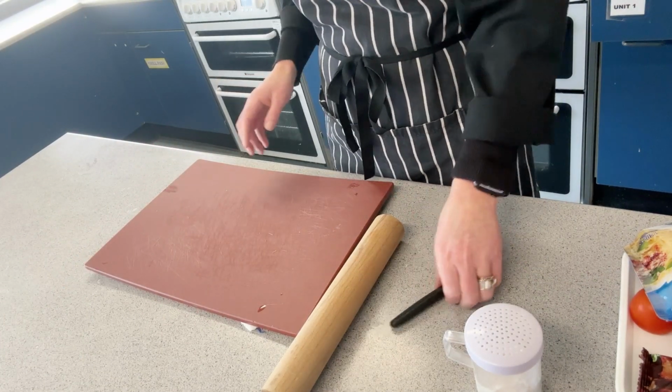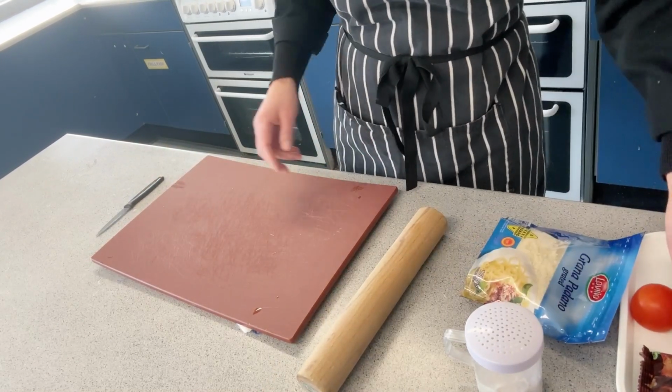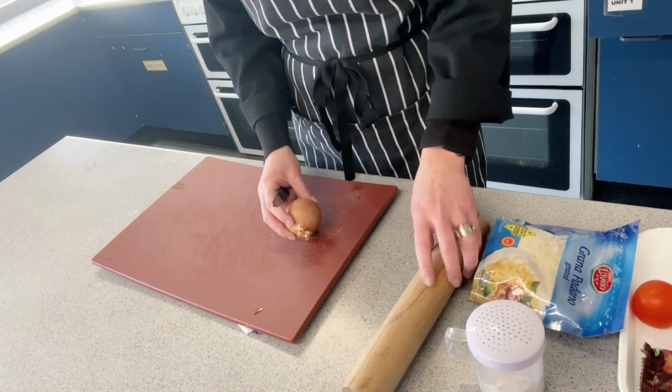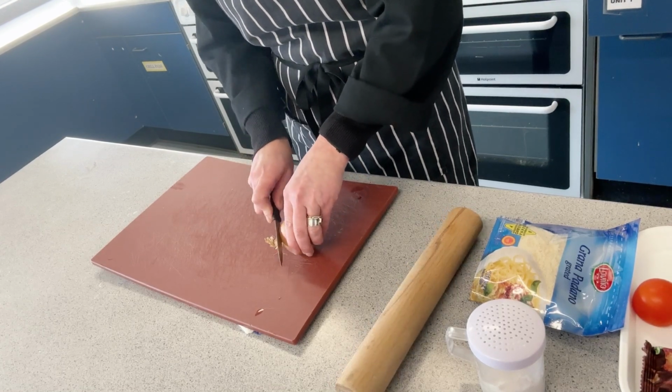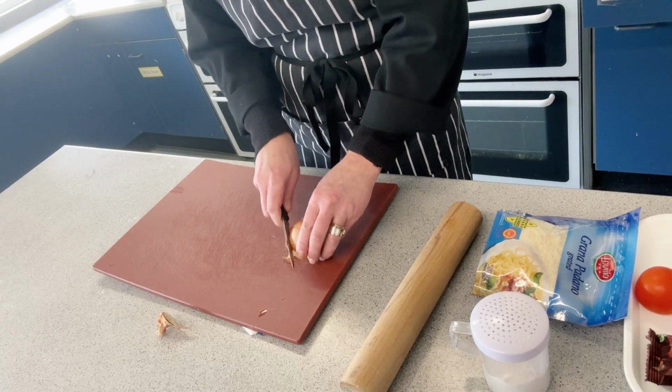Today I'm making a cheese puff tart for you. So, first of all, you will need to prepare your vegetables. Now, I have onion and tomato. You can use what vegetables you want, maybe a combination of